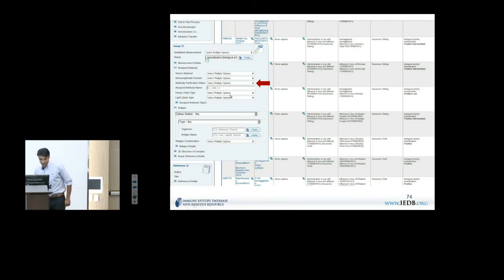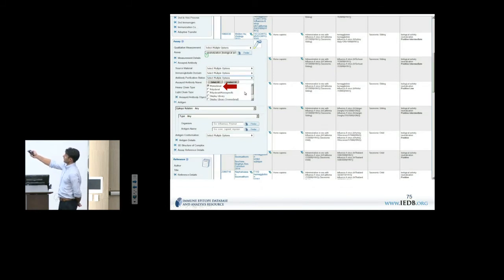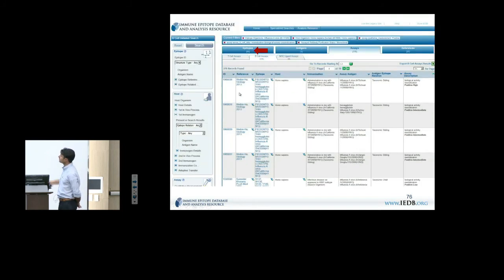And so lastly, I mentioned there's a purification status, and since the query originally intends to look for monoclonal antibodies, you can use this drop-down list to specify monoclonal. So that's, again, a multi-select checkbox. And then by running that search, you get 55 epitopes, but here I'm on the assay tab,